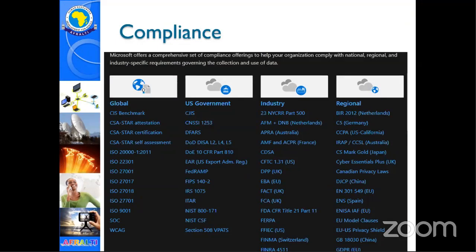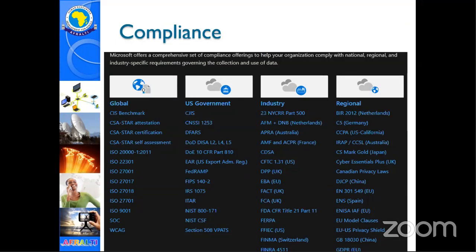And there's a lot we can talk about that. There are many other requirements, especially for a regulated environment. If the government of Kenya, for example, is adopting cloud, what global, industry or regional compliances do they need to meet? Or if it's a bank, it usually has certain standards.